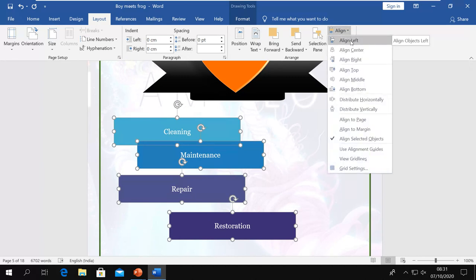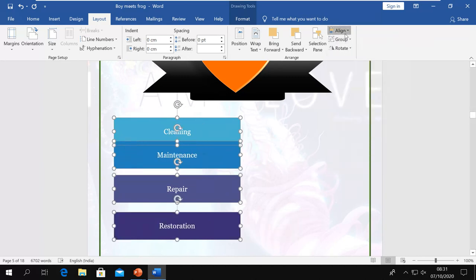I can align them left, center, or right. But all the shapes are the same size. If they are in different sizes, then you can see the difference between right and left, but because they are the same size, they are not showing the difference.